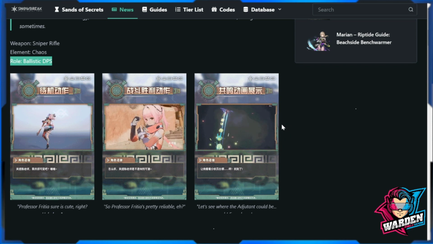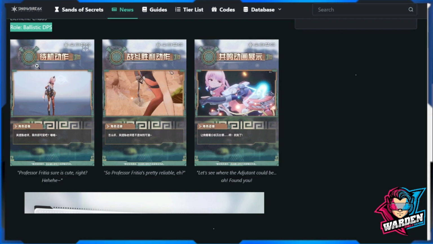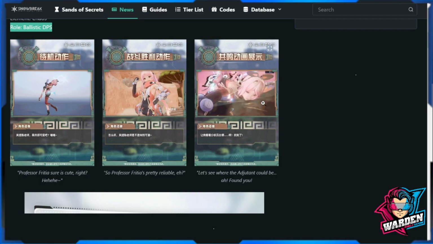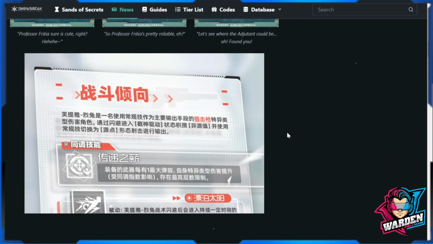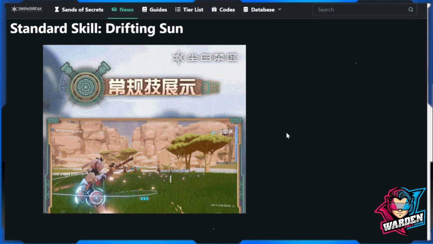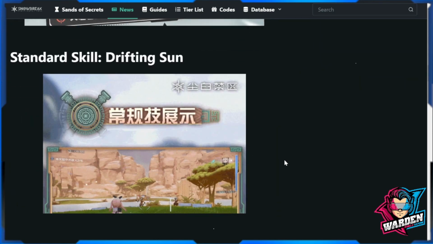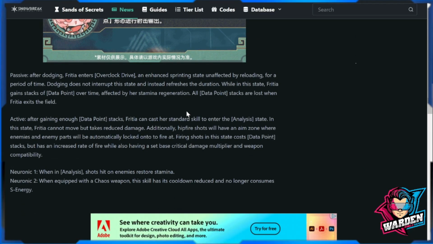Take note of that. Going back to the animations, we have a few here. Her main animations are going to be on the left. These are, I think, skill animations, if I'm not mistaken, but we'll go through all of the skills now, starting off with her standard skill. It's called Drifting Sun. Although she is a ballistic DPS role, her damage will mostly come from her